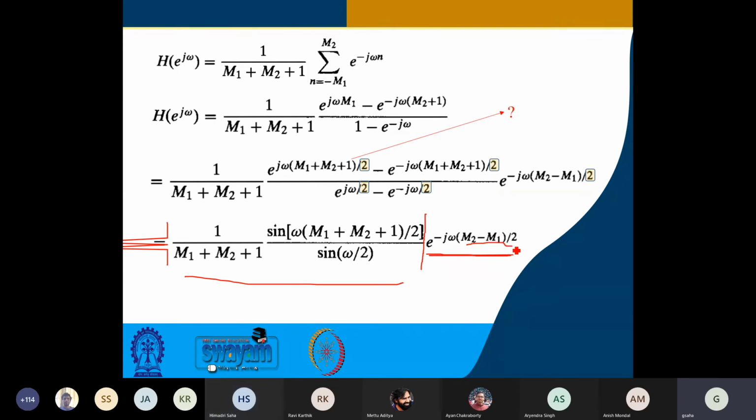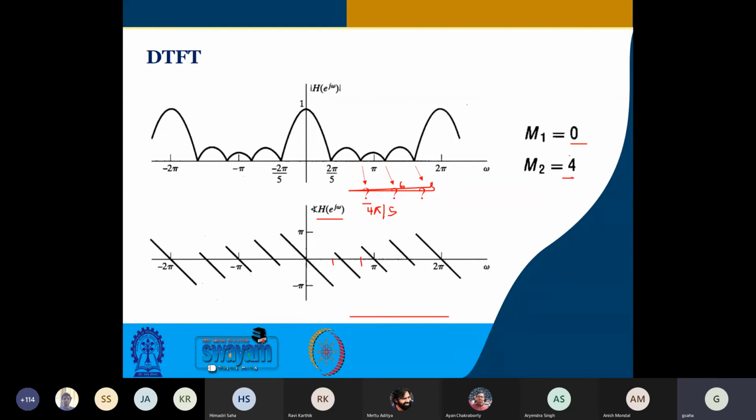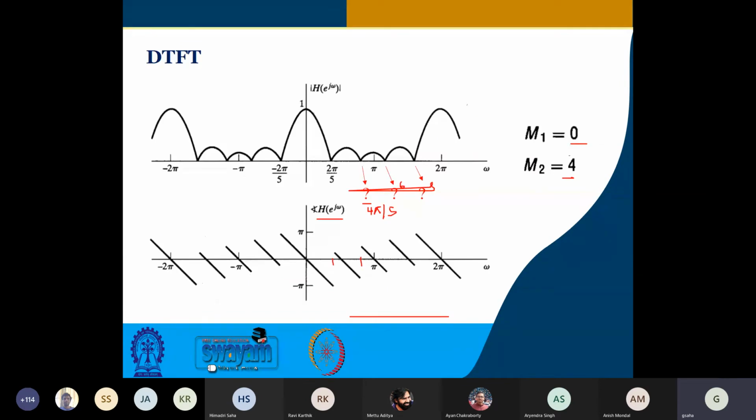Sorry, this slope you can figure out. M2 value and M1 value are already known, isn't it? So the slope is known, and this is a linear function with omega, right? And this is a negative slope, minus is there, right? So that is what you see over here. So the jump part now your friend is explaining. So linear with omega and slope can be identified from the equation itself, and the jump part, yes, go ahead please.